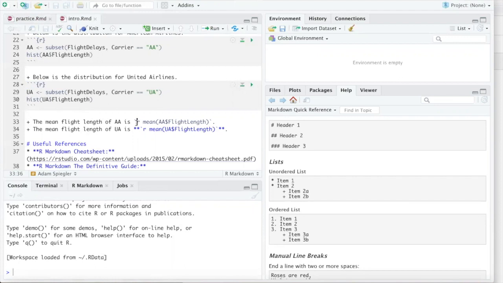With these inline commands, it's just one backtick, and then R, and then some R code. So this is useful if you're doing one simple command, like what is the mean flight length of American Airlines? I would just put it in inline R code like this. And I have a similar one for United over there. And so if I knit this,